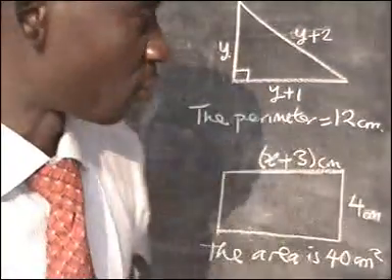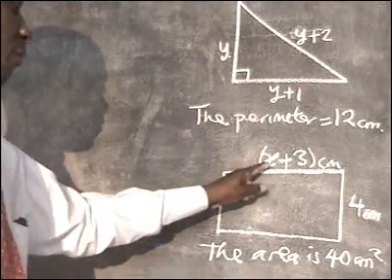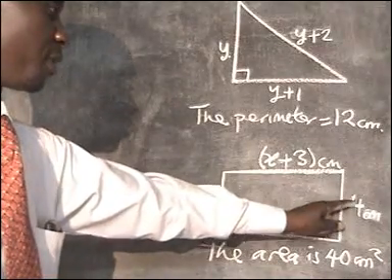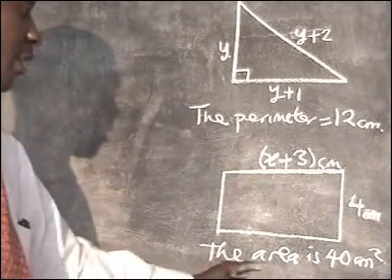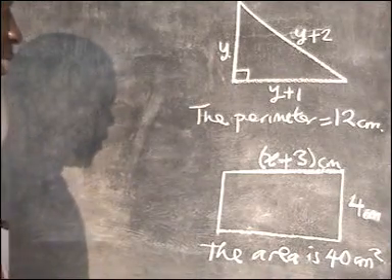And the second one is a rectangle, and we have been given the length as x plus 3 and the breadth to be 4 centimeters, and the area is 40 centimeters. And let's assume that